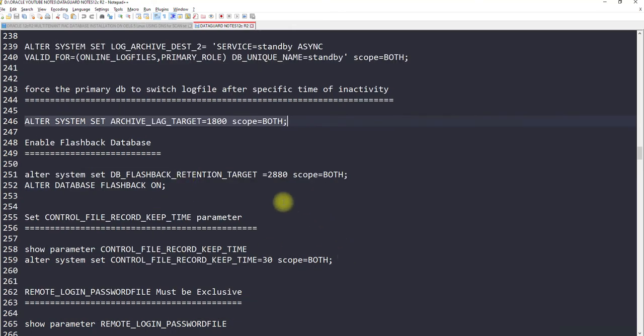You need to enable flashback database as well, in case the primary fails and the standby becomes primary. In case there is a transaction which was currently going on the primary, and suddenly the primary failed, there can be chances where many transactions were in the middle of committing, or have committed and are in the RAM.